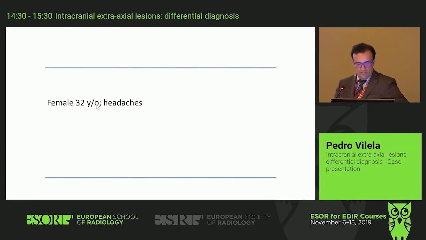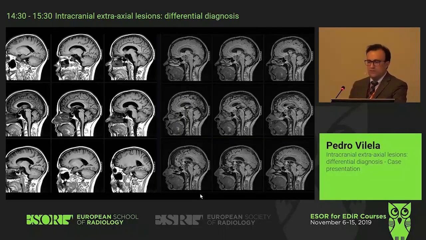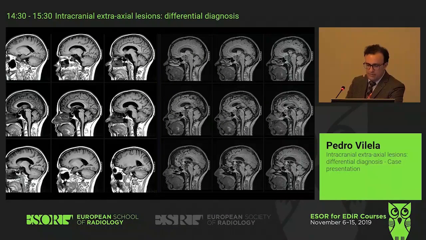32 years old with headaches. And this we already saw in the lecture. So just remembering, where is the lesion and what are the important findings that help us to make the differential diagnosis? You can pass the micro. You see the lesion? You don't see the lesion. Okay. So